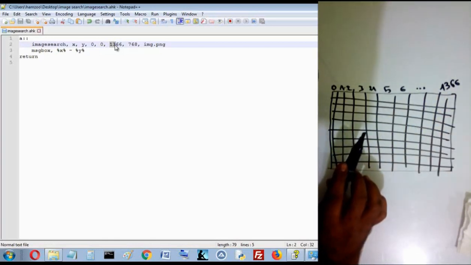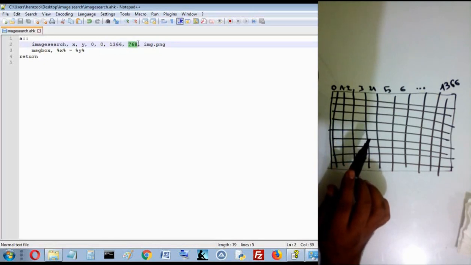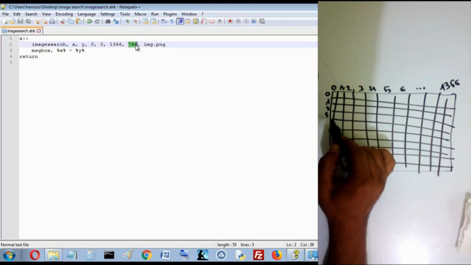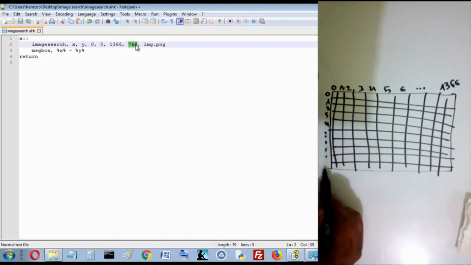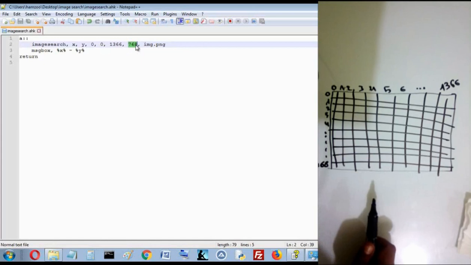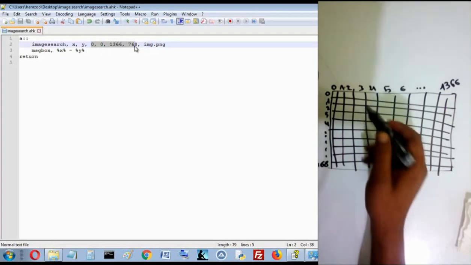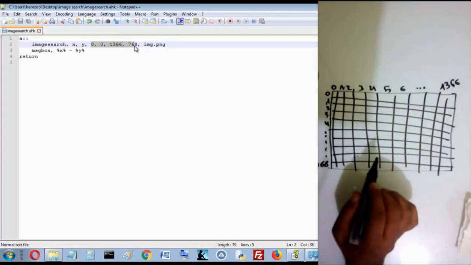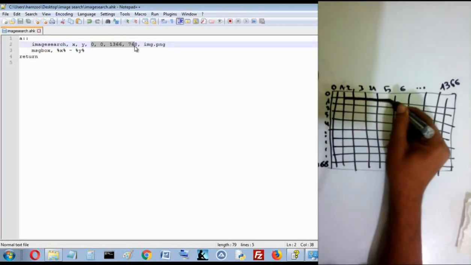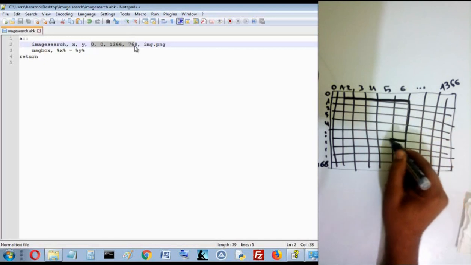And for the rows I have 768 pixels, starting from 0, 1, 2, 3, 4 and so on until 768. So if you know that the image you search for can be displayed in just this area here,